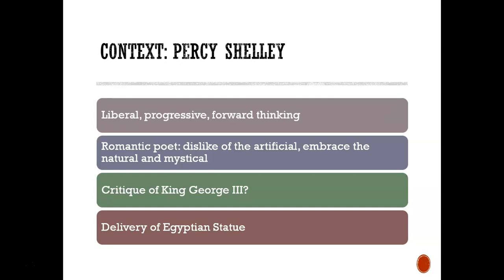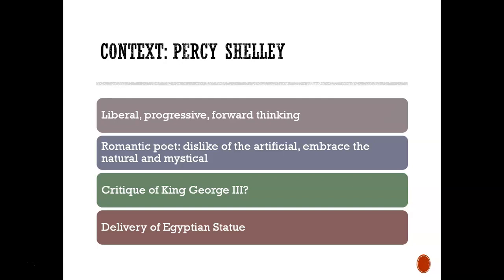Mr. Brough also makes an interesting point. This is perhaps a critique of King George III, because King George III was someone who caused a lot of conflicts, who perhaps saw himself as a very powerful ruler when in fact he was arrogant and misguided. And also in terms of context of the poem,